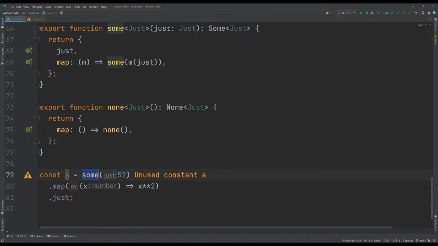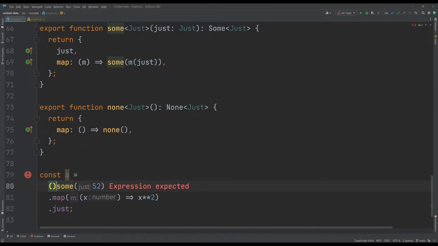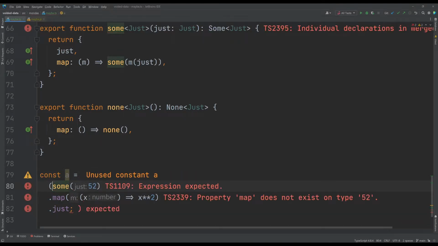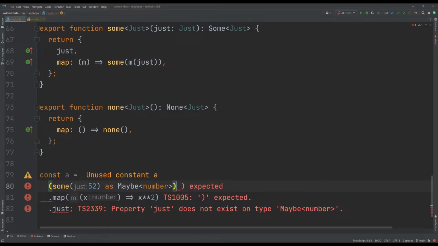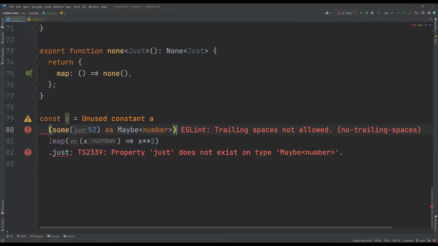Because TypeScript already knows we are a sum, and a map over a sum yields another sum, not a maybe. On the other hand, if we make this a maybe of number, then TypeScript tells us it doesn't know it's a sum anymore. So it'll give us the error.